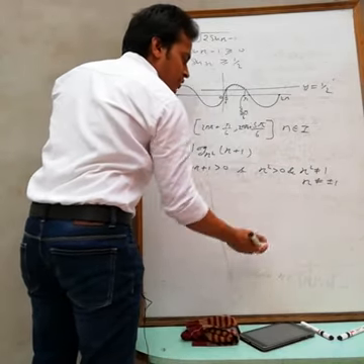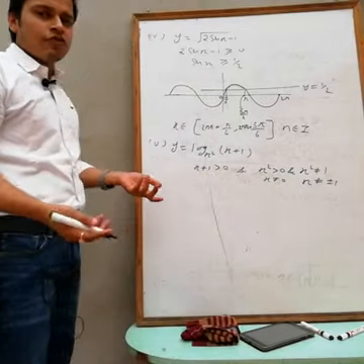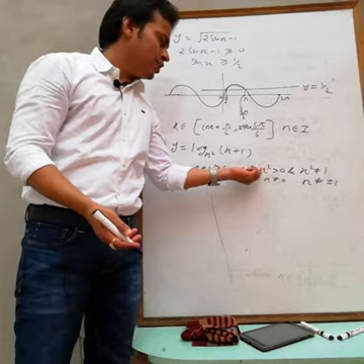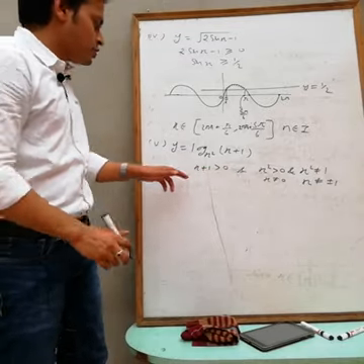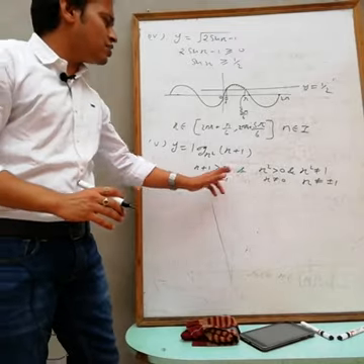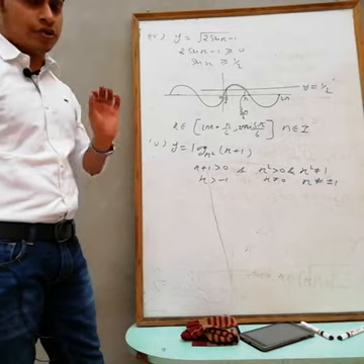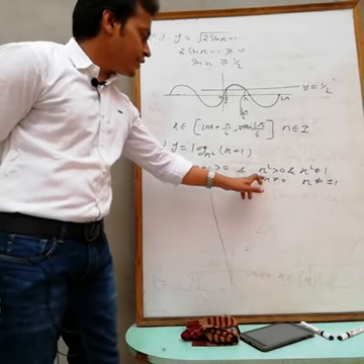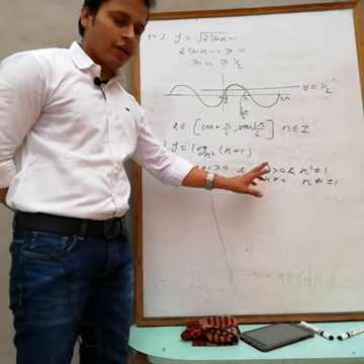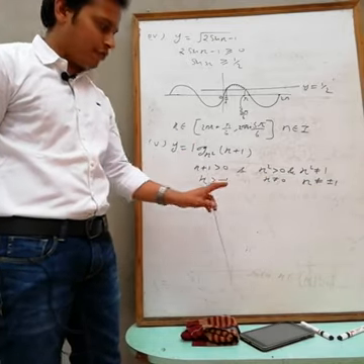X square is greater than 0, it means x can't take 0, because if you put any value other than 0, then x square is always positive. And from the other condition, x is greater than minus 1. Now take the intersection of all these. It says x is greater than minus 1. It says x is not equal to 0. It means you can take any value but not 0. No problem, I have to exclude 0.